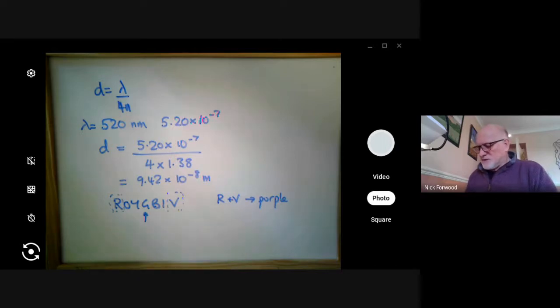And indeed, if you hold up a Specsavers pair of glasses that's been coated, you actually won't see them being a purpley color. They appear to be a greenish yellow color, because you've cut out these colors rather than the color in the middle. But for Advanced Higher, if you get asked a question in the exam,